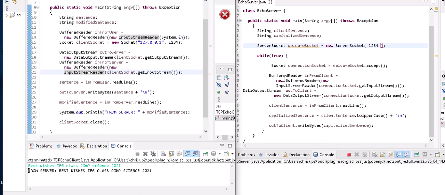So here I'm doing all that work. I'm getting a buffered reader which will enable me to read a line on that incoming stream. This is the incoming stream, and put the results of receiving a line of text into this variable,